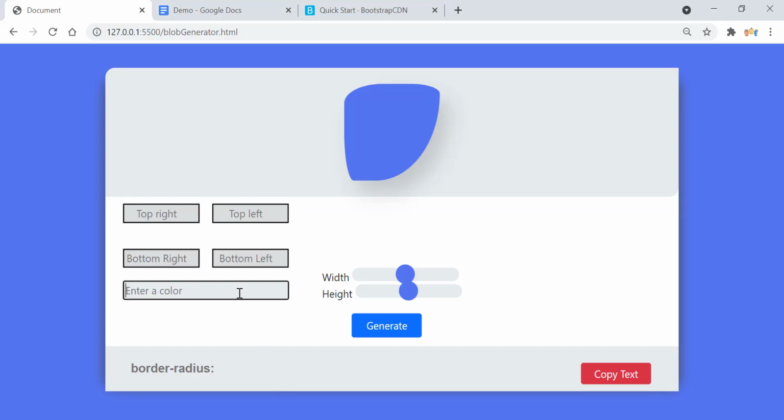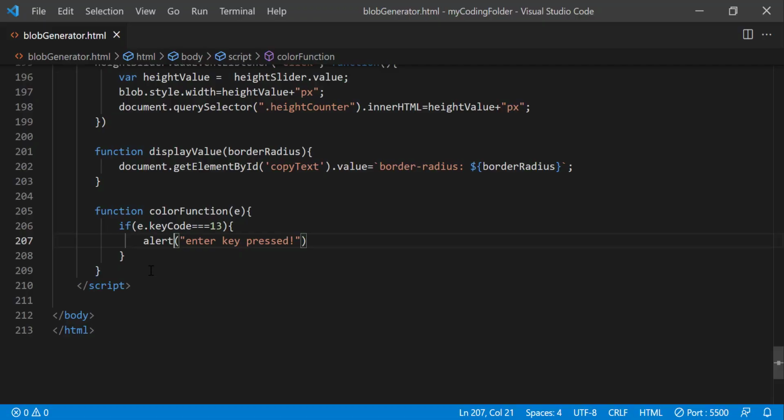And now if we go click on this and then just type in a bunch of random stuff, hit enter, it's not alerting us. Let's try again. The reason why it's not working is because I didn't call the function. But anyways, you can trust me that the code works, because I've tried it before and it worked. So let's just do